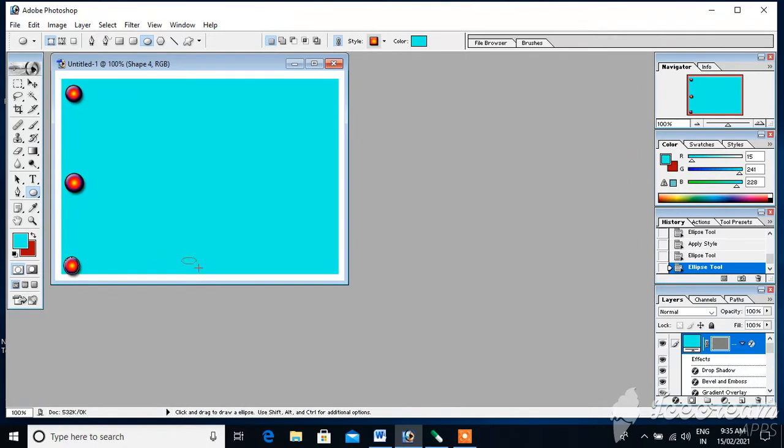Okay, draw the rectangle. I just change the shape. I draw the oval on each corner and each side to make it beautiful. Okay,